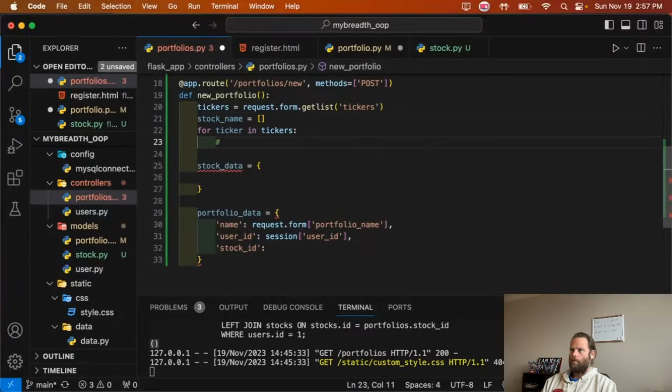call API per ticker, and then it'll append